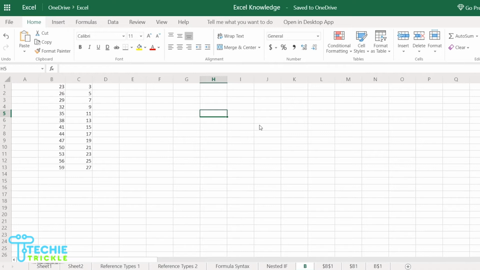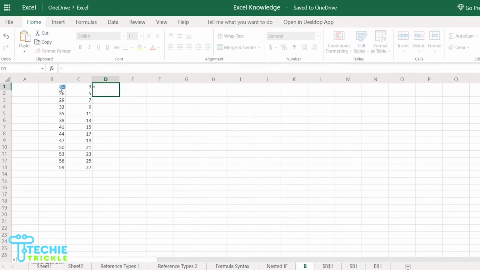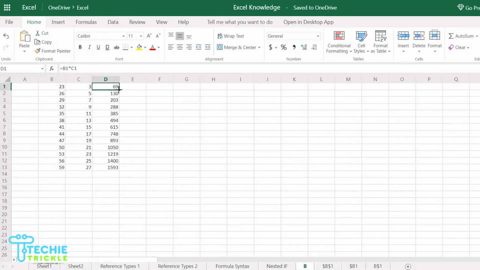In this sheet I have created 4 different worksheets: B1, then absolute B absolute 1, then absolute B 1, and then B absolute 1. I'm coming to the first worksheet here. I have a set of a few numbers. What I want to do is give equal to, then this cell multiplied by this particular cell, press tab and get this number. Then I use the shortcut and double click so that all the values populate.